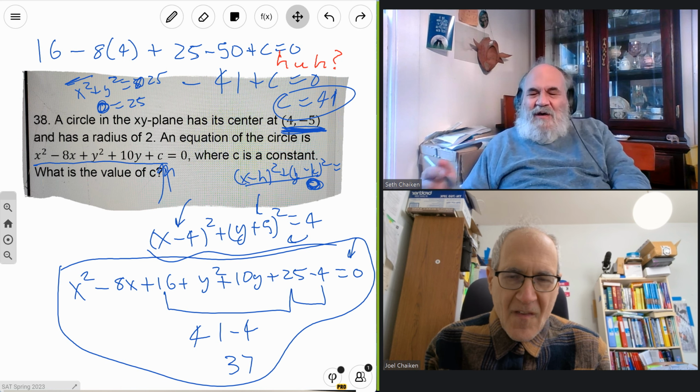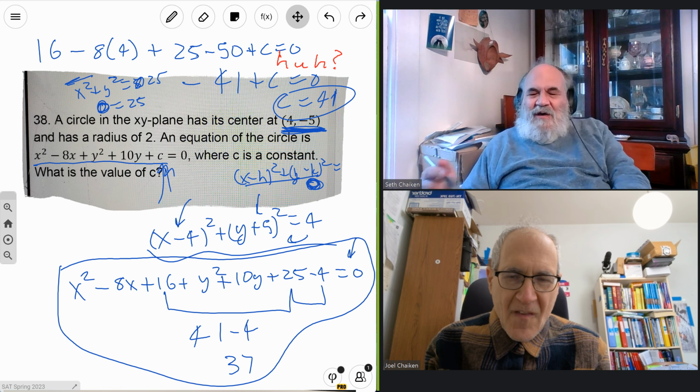So what you could see from this, in general, the 4 generalizes, the negative 4 generalizes to negative radius squared. So this generalizes to negative r squared. So here is an expression